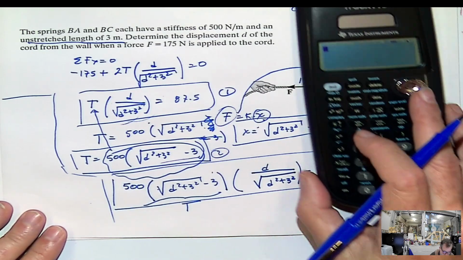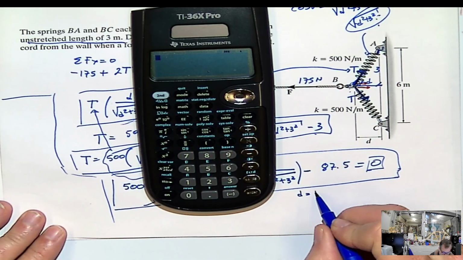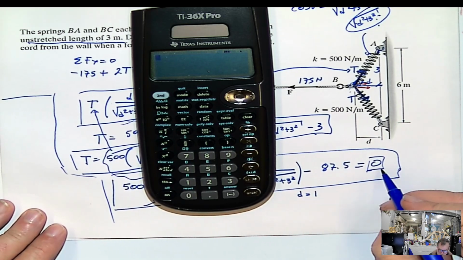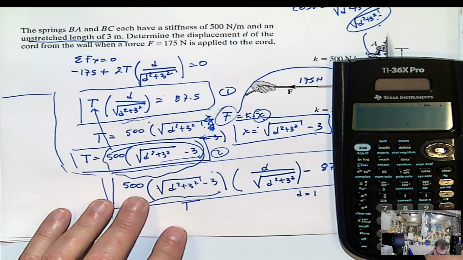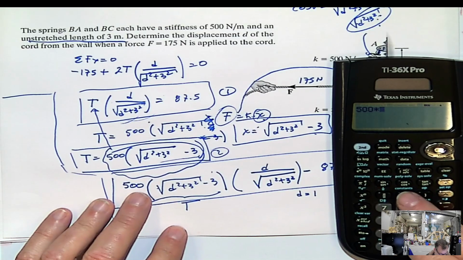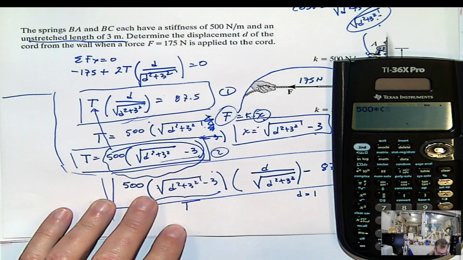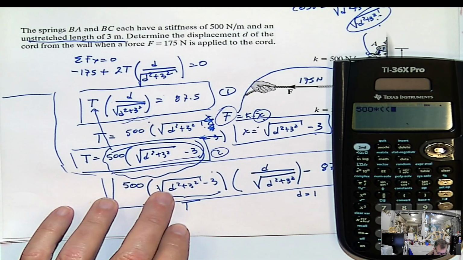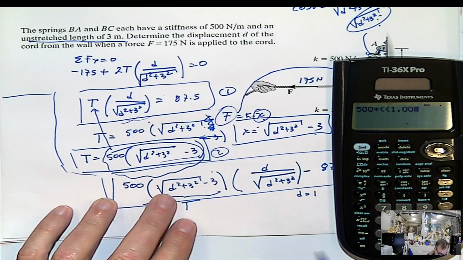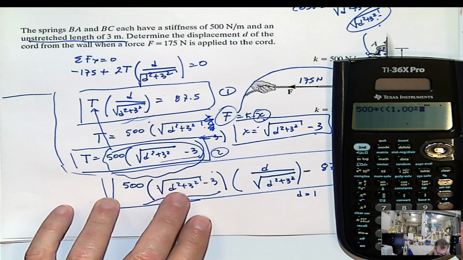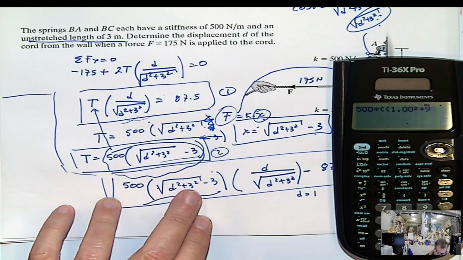I'm going to assume a first value for d of 1. And if this is the correct value, I should get 0. So let's see what happened here. I'm going to put this equation, 500 multiplied by parentheses, but square root is another parenthesis. I'm going to put here 1.00 as my first value for d squared, plus 3 squared, I'm going to put 9, close the first parenthesis of the square root, elevated to the 0.5,